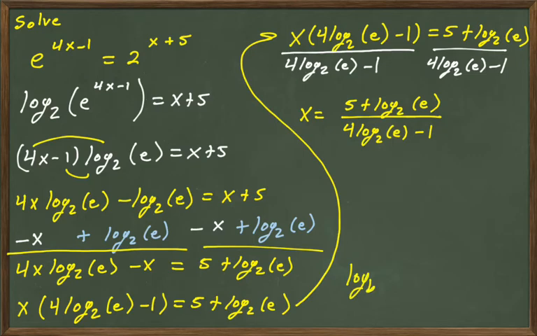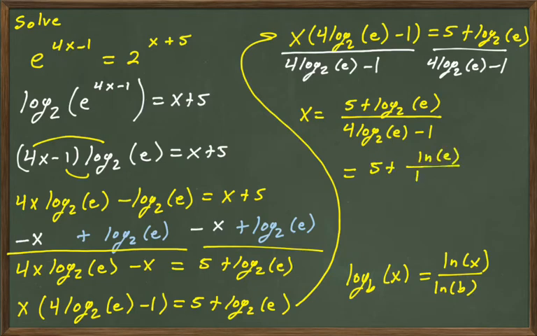That's the exact answer, but we may not be able to put that into our calculator if our calculator doesn't do base 2. So we can use the change of base formula. Log base b of x is equal to the natural log of x divided by the natural log of b. And you could use common log here, just replace the natural log with common log. It'll work out the same. All right, so we have 5 plus the natural log of e divided by the natural log of 2, divided by 4 times the natural log of e divided by the natural log of 2,